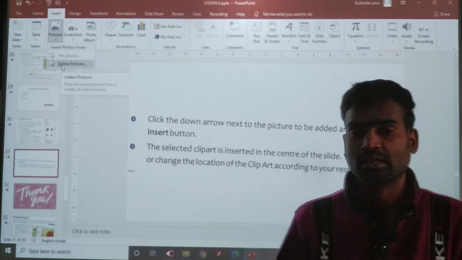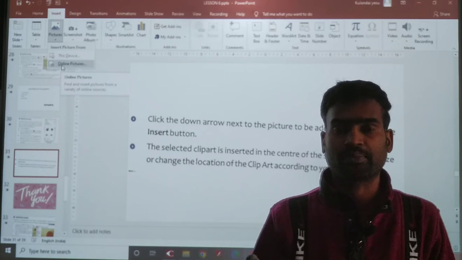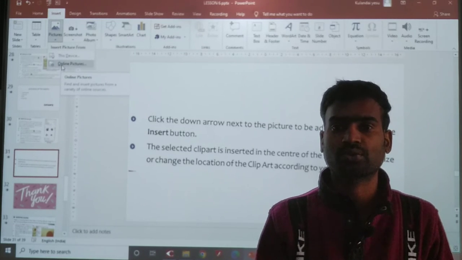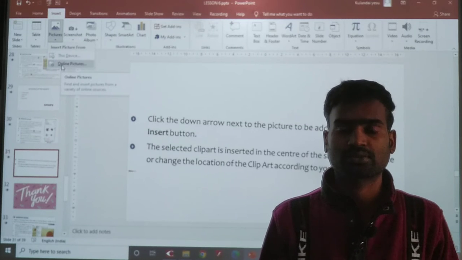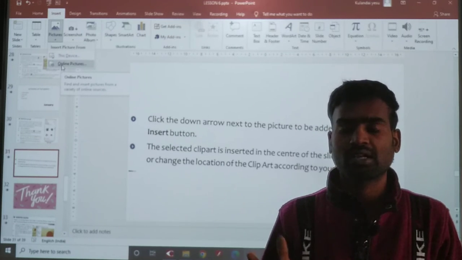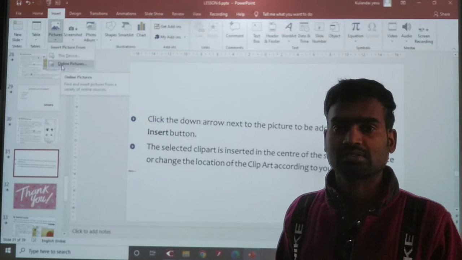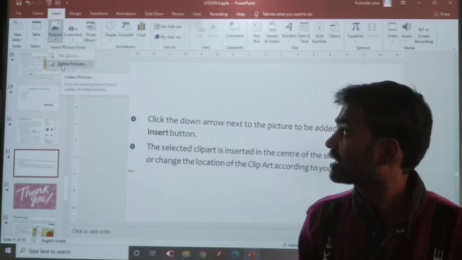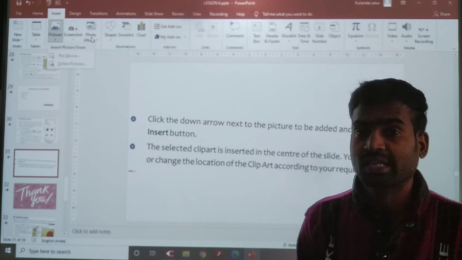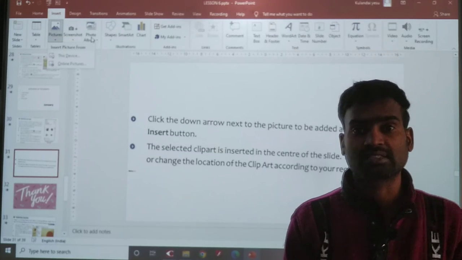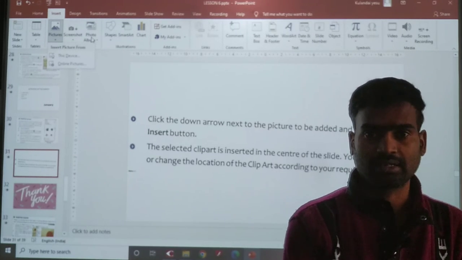When you click on it, a browser will open, there you can type whatever you want and search. The images will be visible, then we can insert and follow the rest of the steps. The screenshot also we can take, and a photo album also we can make. So there are more facilities here in the images group, right?